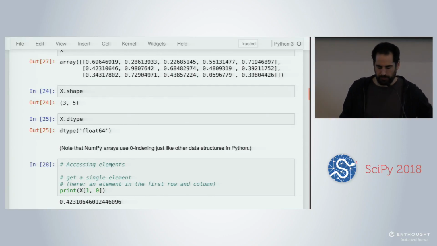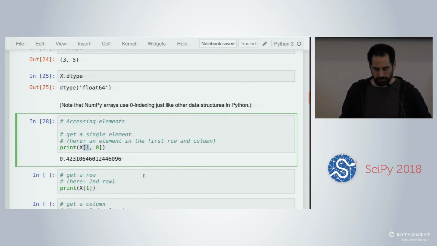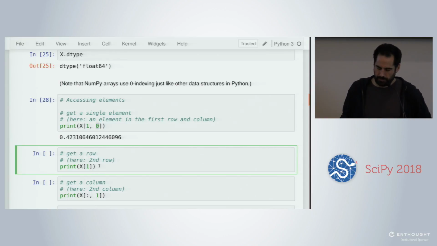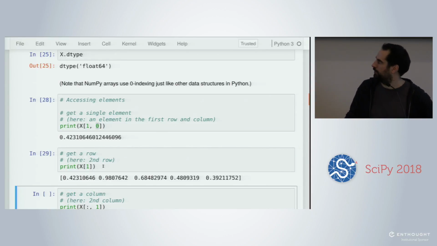Okay. So I will create a RandomState object and call it rnd in a variable, and then use that rnd variable, that random state object, to sample some data using the uniform distribution between 0 and 1. And I will generate an array with 2 axes. The first axis has 3 dimensions, the second axis has 5 dimensions.